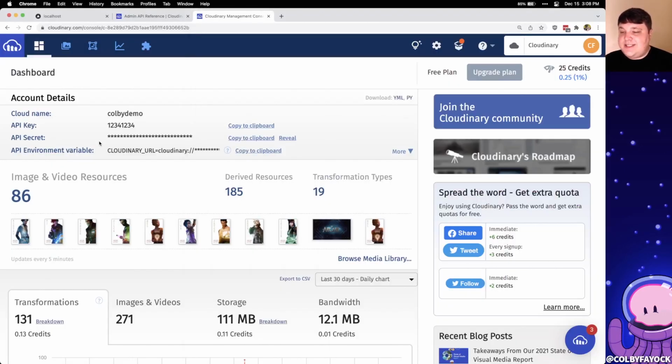But once we're actually inside of our Cloudinary account, we should be able to see where we have our cloud name right at the top. And as we'll see in a second, this is also where you can grab your API key and API secret. Now, just as a quick warning, make sure to use your own cloud name as this account is limited. It's just for demo purposes, as it says there. So make sure that you set up your own free account so that you can actually get all the free